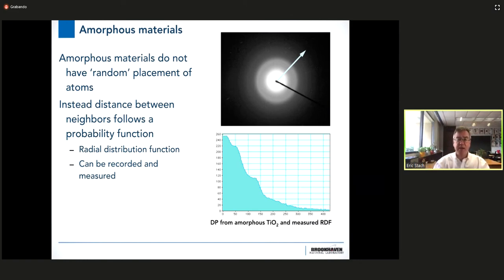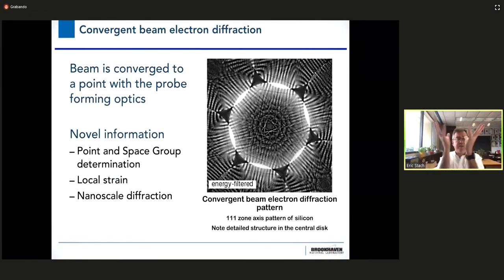Because we have multiple lenses in advance of the sample, we can also take the beam and converge it into a cone of illumination and then place that cone of illumination onto the sample. The result is that, instead of having a single valued wave vector, we actually have a cone of wave vectors, a converged beam. It takes a little time to go through all the details, but a way of thinking about this is that instead of having a single incident valued K, or incident wave vector, that gives you the single shell of the Ewald sphere that you learned about from Bob Sweet,